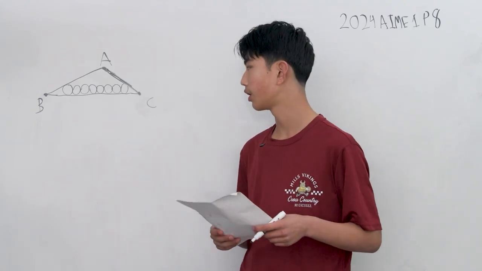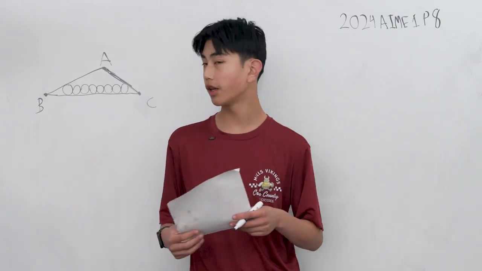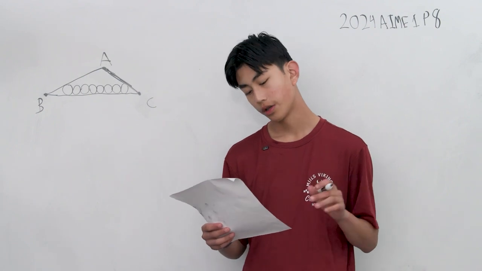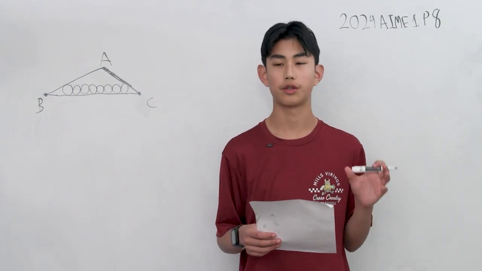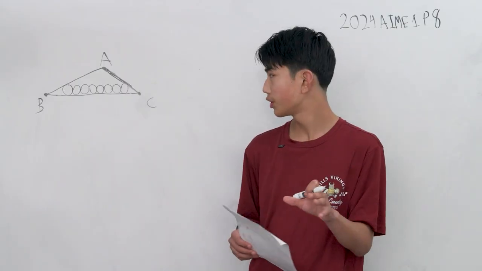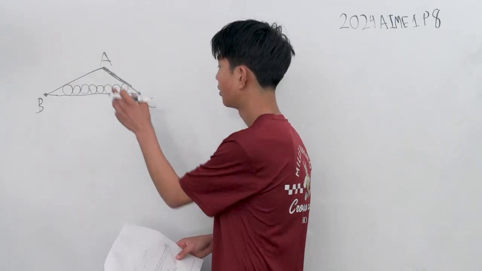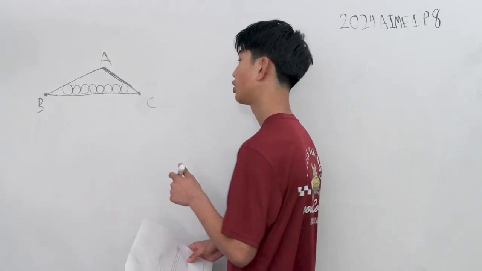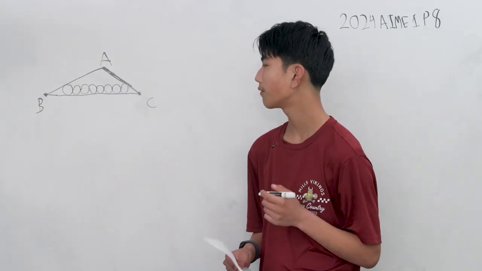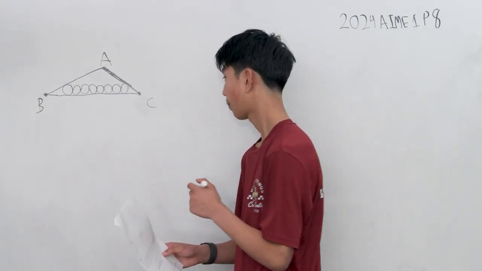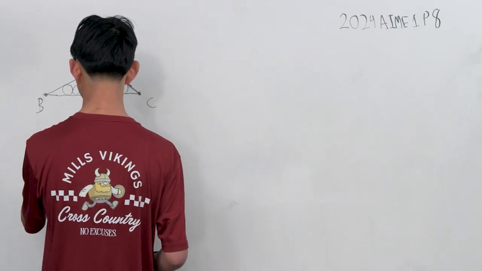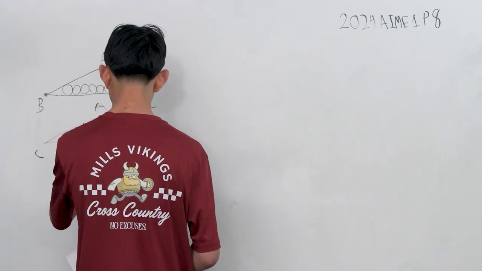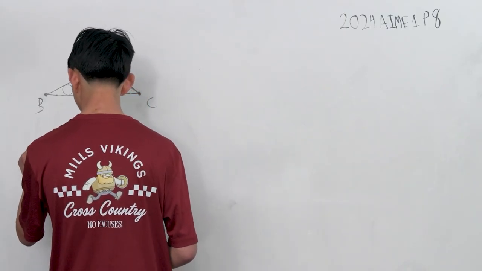So the first thing we can do here, this is a really bad drawing of this triangle, but because there are two different cases, right? A case where there's 8 circles and all the circles are tangent to these points, and then there can be 2024 circles that are tangent to sides AC and AB. So we want to find the relationship between those two cases. Let's just visualize this second case where the triangle is made up of 2024